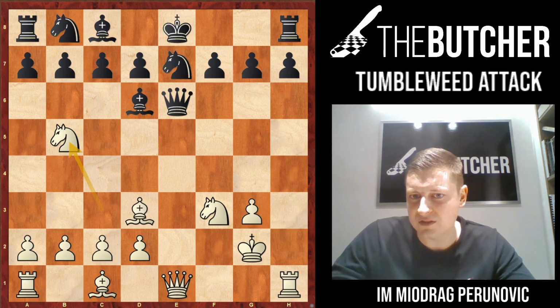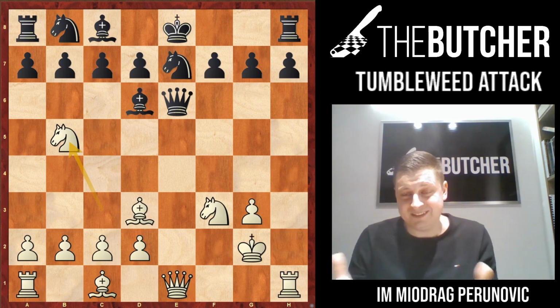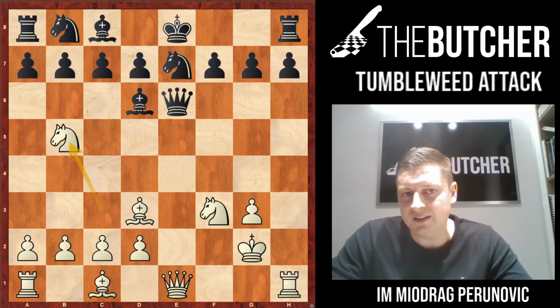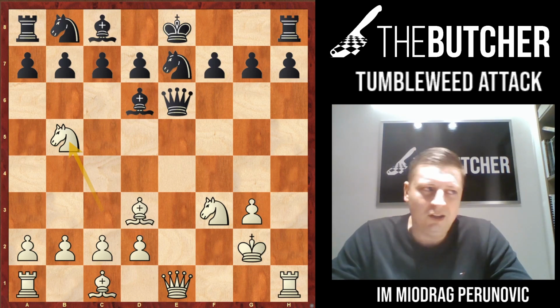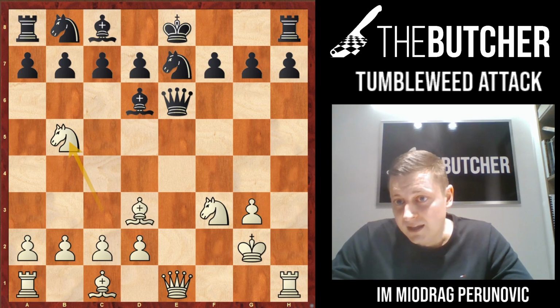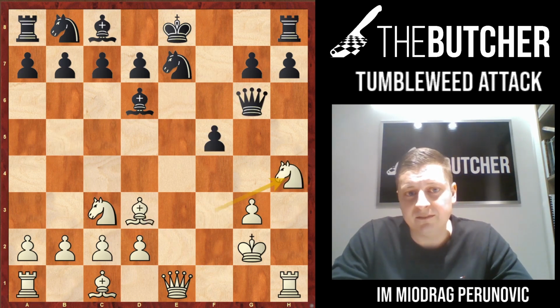That's one of the points of this line. Actually, the whole system is based on crazy sacrifices, surprising tactical ideas by white, and a lot of attacking and tactical spirit by white. After bishop d3, he played f5. I played,